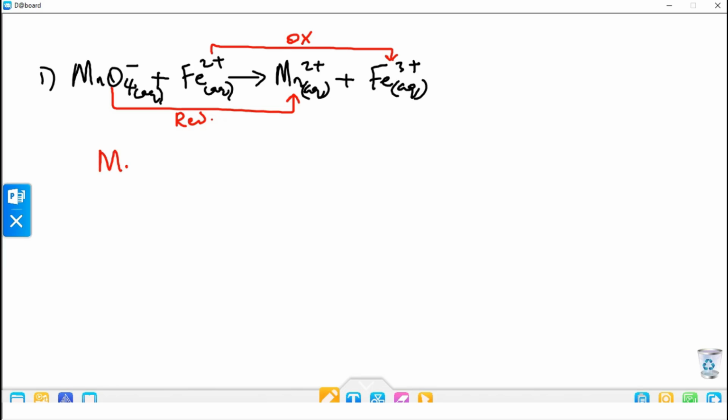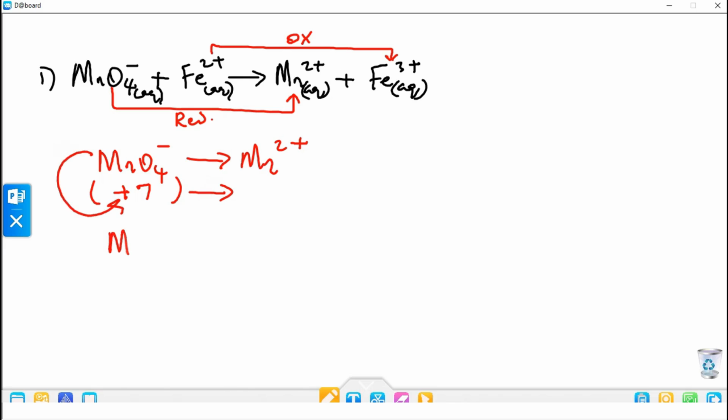Looking at MnO4 minus going to Mn2 plus, how am I sure that this is really reduction? Let us just see how to confirm that. This is manganese 7, and it has been reduced to manganese 2. The question someone may ask now is, how do I know it is manganese 7? That is to say, how do I know manganese has oxidation number of 7? How am I sure? To be sure about that is to remember that we have calculated oxidation number,